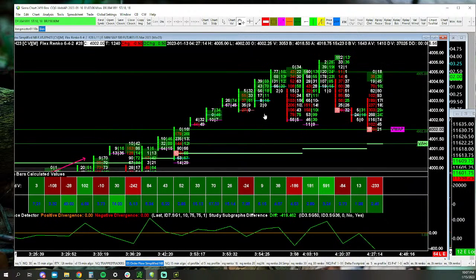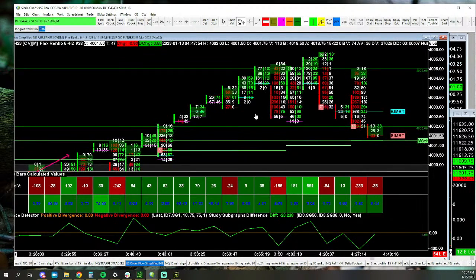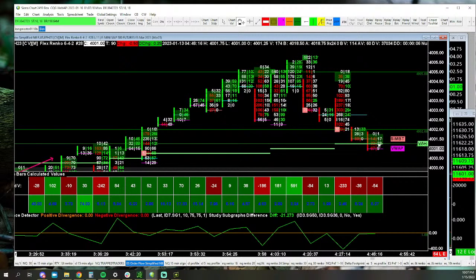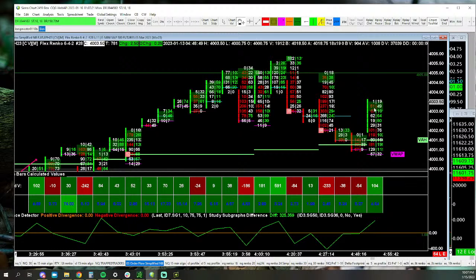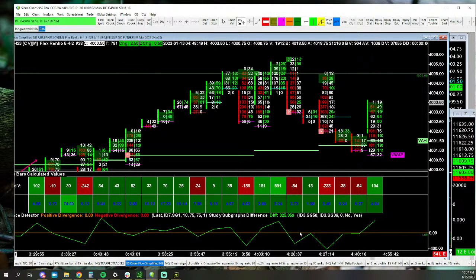So let's see what happens. I'm guessing it breaks down and hits our stop here. It does. So I would have gotten trailed out, right, had I not moved that stop any further, but that was a sensible place to put the stop. Notice they tried to retake this level with 33, right? Oh, nice. So we get a nice little bounce. Does this just continue higher? I didn't notice this down here. I'm going to explain in a minute.